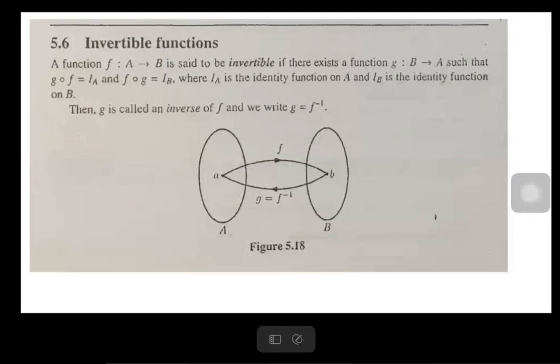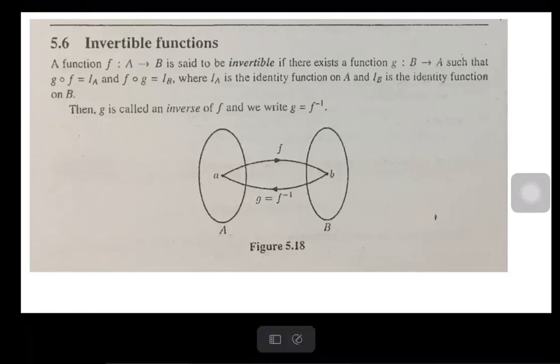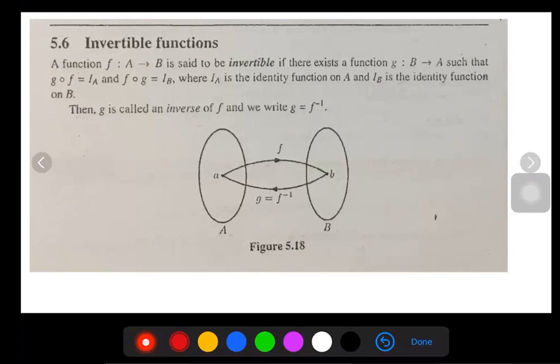A function f from A to B is said to be an invertible function if there exists a function g from B to A. So when you take the first function, it's from A to B. Whenever you say that this function is invertible, there should be another function g in reverse order, B to A,